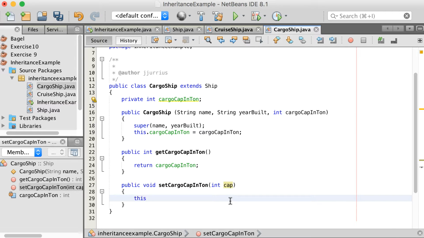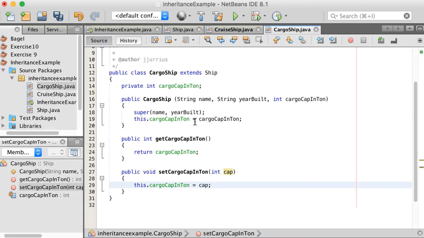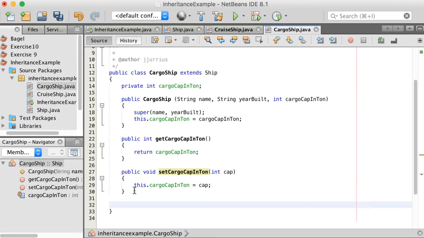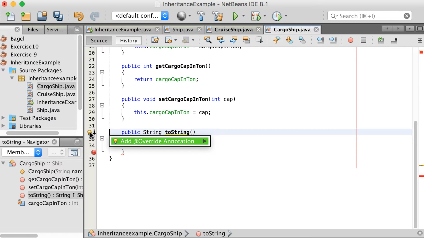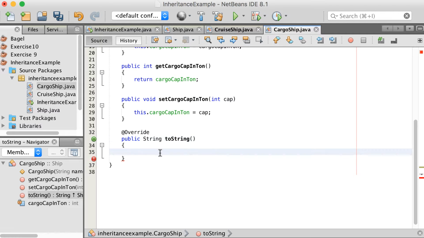Then this one will be this dot cargo capacity in tonnage equals this capacity that was passed through. Okay, so this is a very small class. So we've got the cargo capacity in tonnage, its getter and setter, and we're setting everything nicely in the constructor. And then we need the toString method again. So we're going to say public string toString. Again, this one is now overriding the superclass toString method, and we're going to say return for us